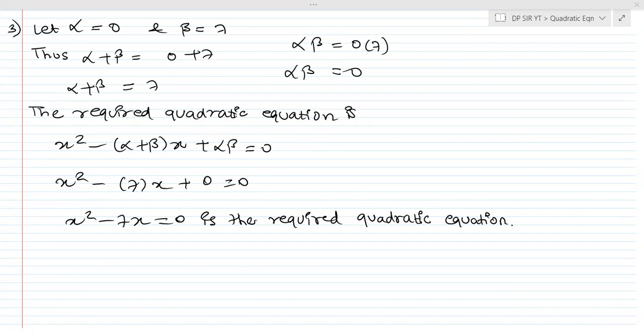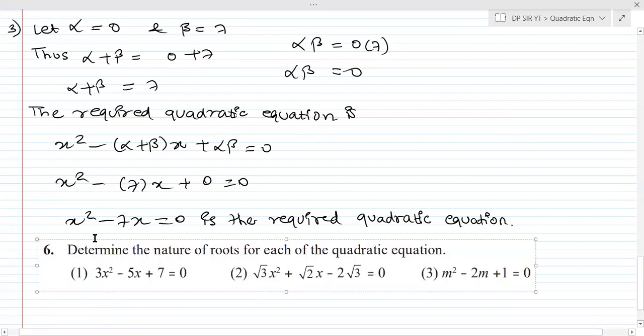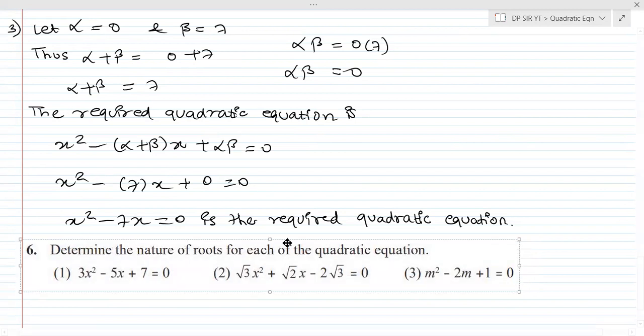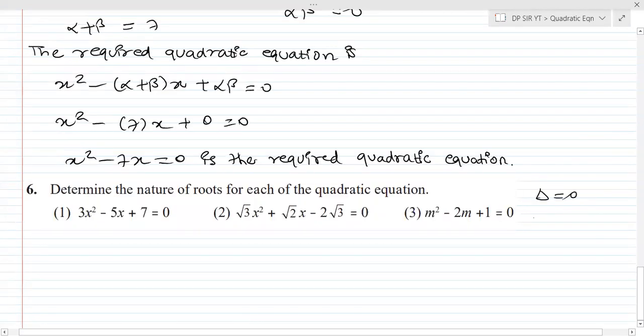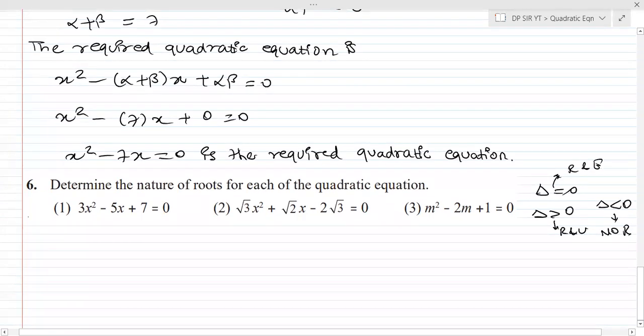Question number 6. Okay. Again, it is having 3 subparts. So I'm not waiting for you all to complete. Just quickly write it, or else just pause the recording and you can view. There are some prerequisites you should know. Delta is equal to 0 मतलब क्या? Delta greater than 0 मतलब क्या? And delta less than 0 मतलब क्या? Delta is equal to 0 बोलेगा तो real and equal. Delta greater than 0 बोलेगा तो real and unequal. Delta less than 0 बोलेगा तो no real roots. Okay. So this is the prerequisite one should know. And now let's jump to question solving quickly.